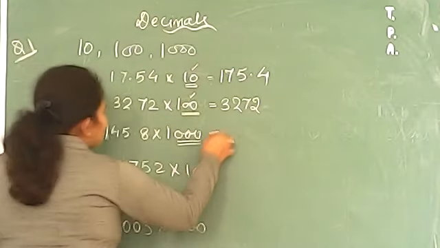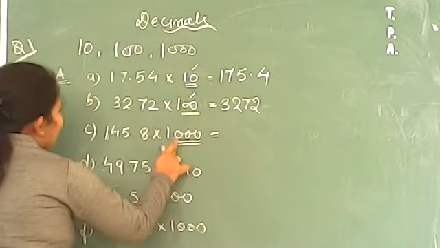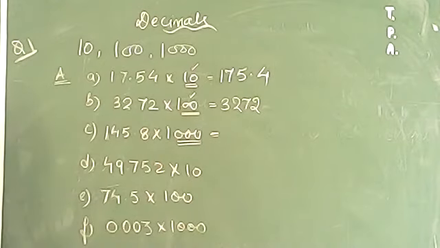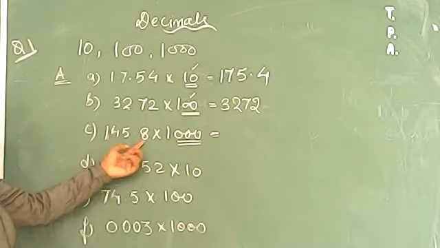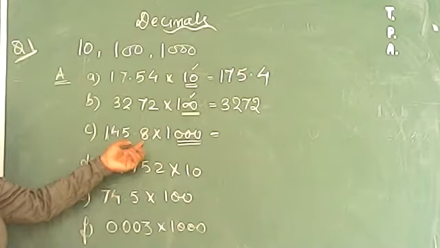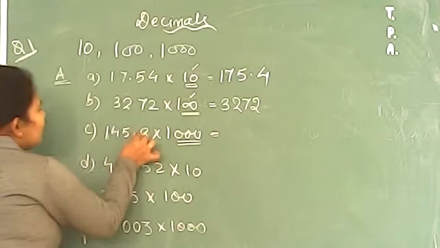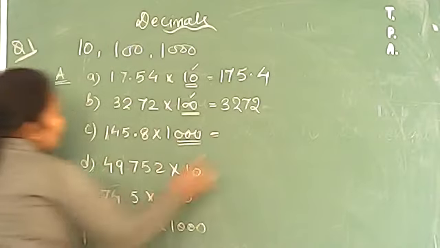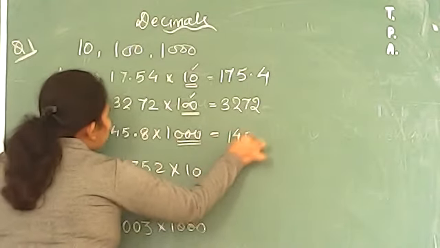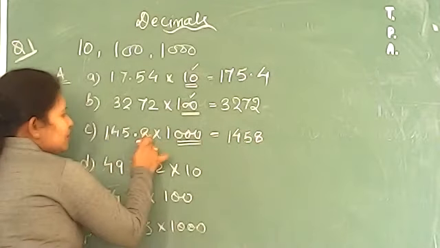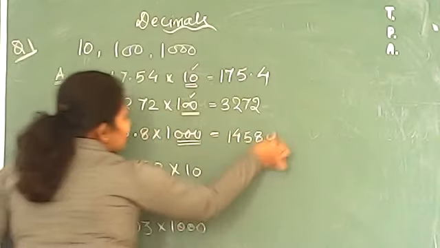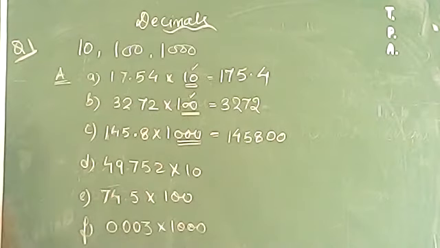So now question number 3. Question number 3, you can see we have three zeros here. So 3 zeros means your decimal will shift to the 3 places. But we don't have 3 places. We only have 1 place after decimal. So for this, what we will do, we will only place 2 more zeros along with this to make it balance. So 1, 4, 5, 8. एक decimal shift हो गया, but we need 2 more places. So we will simply have 2 more places like 2 more zeros. ठीक है? How many places will be left for the decimal shifting? We will include 0 for it. Okay? So your answer would be this.